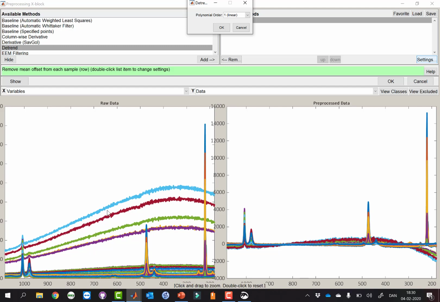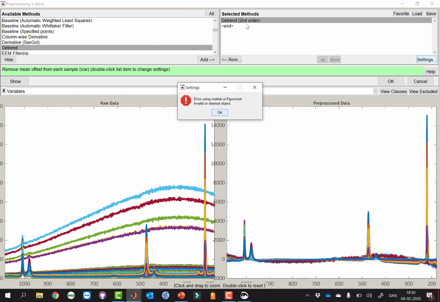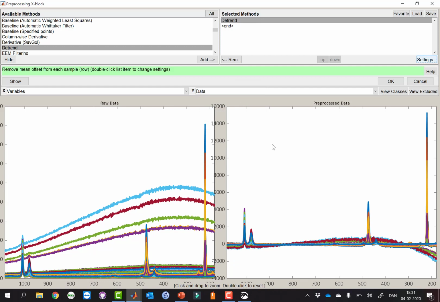So I'm guessing that we would need a second order or maybe even a third order polynomial. Well, we can try and we can see what happens. So now it's a second order polynomial, and it's better, even though it's not actually perfect. Let me try a third order polynomial instead.